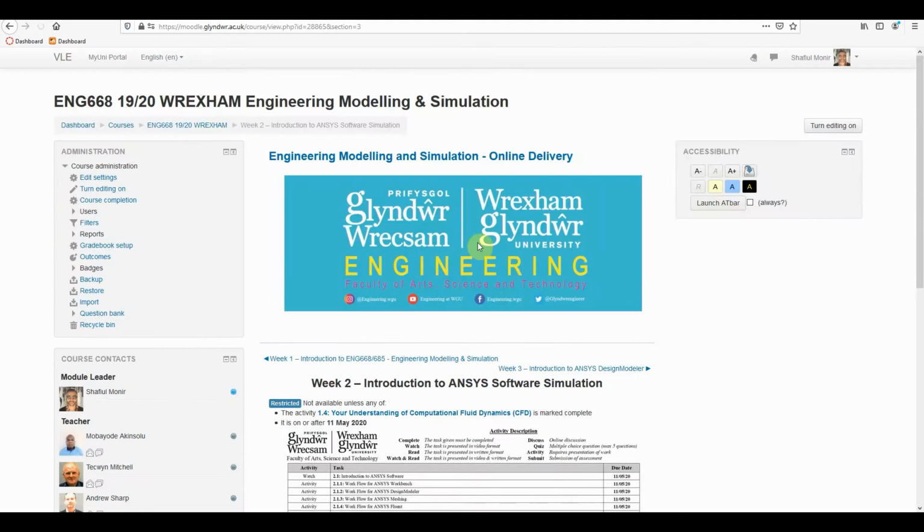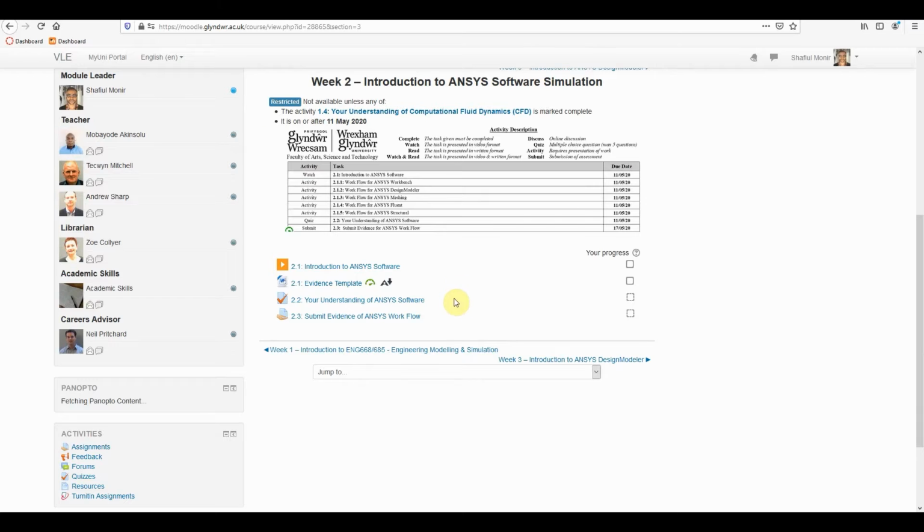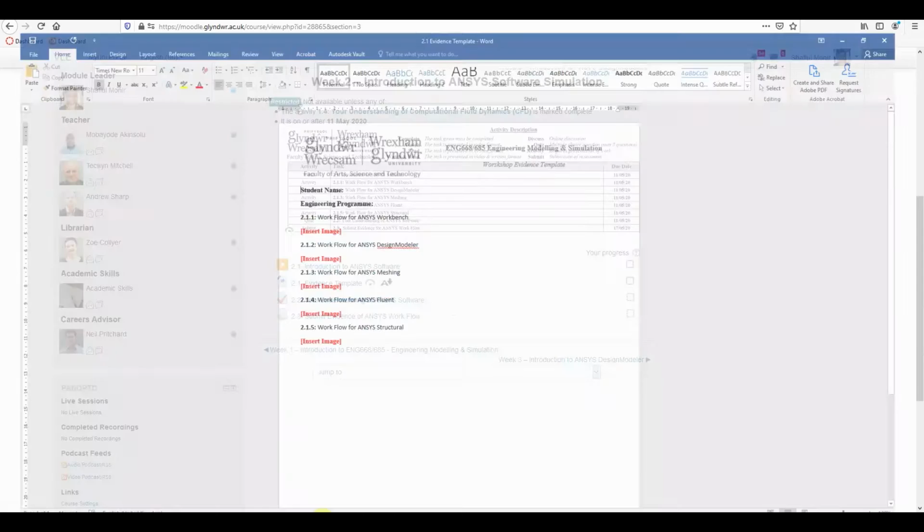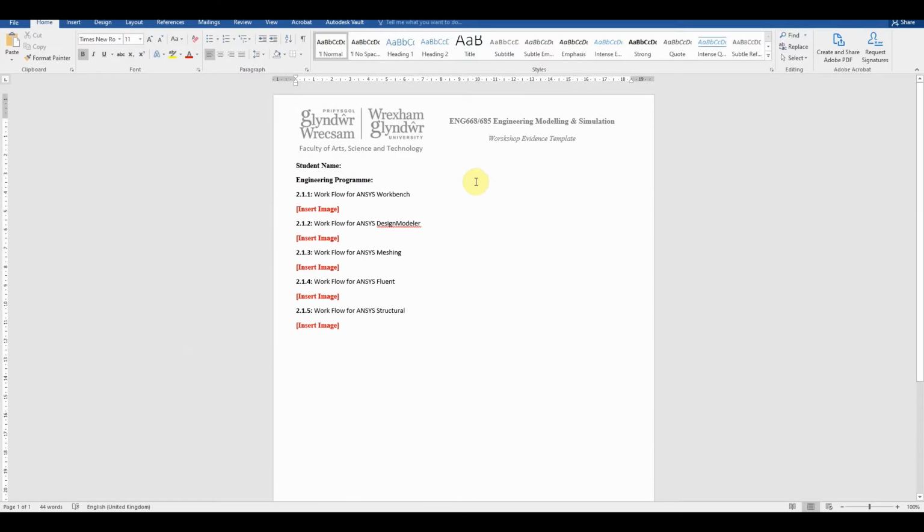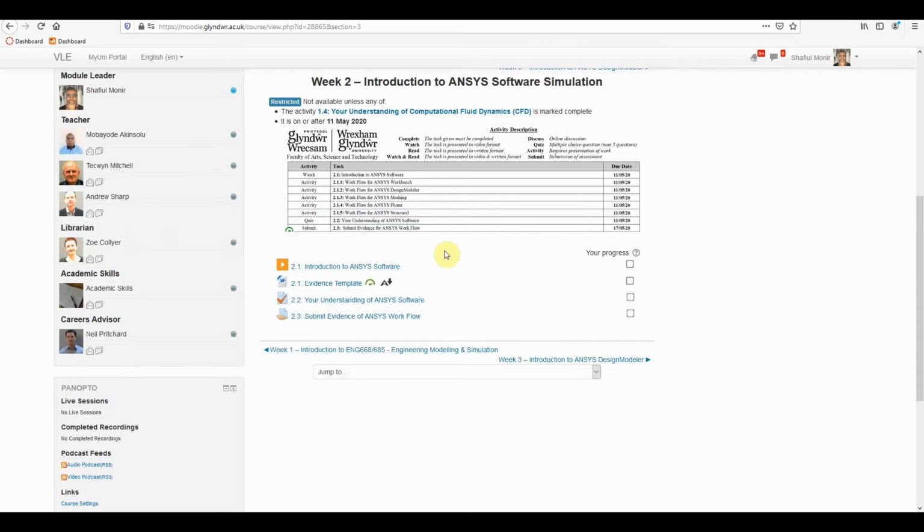So for week 2, what we need to do first is download the evidence template. Once you've got the evidence template, fill in your name and the program that you're on. This evidence is not officially marked or anything, it's just a way of providing evidence that you have completed some of the workshops and the key elements. So have this opened up, and what we want to do is start watching, click on the video, and then